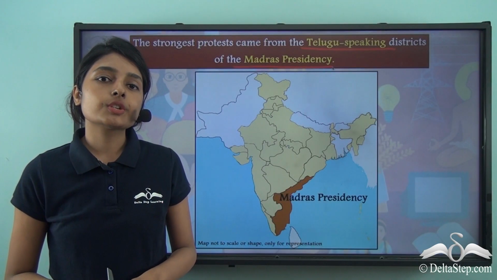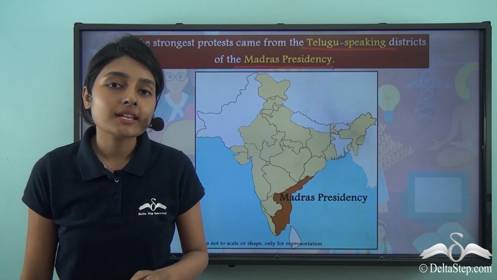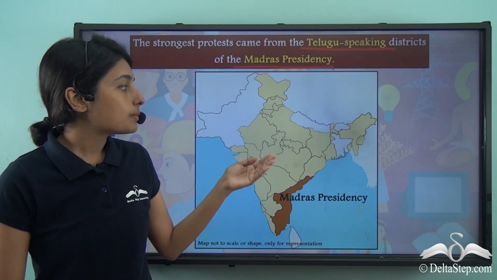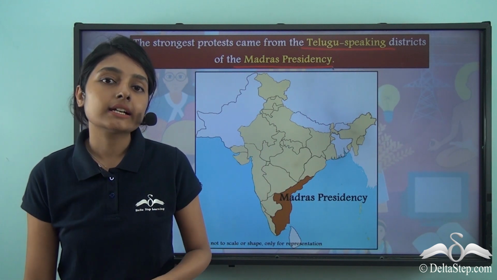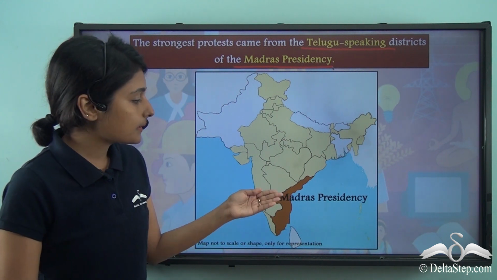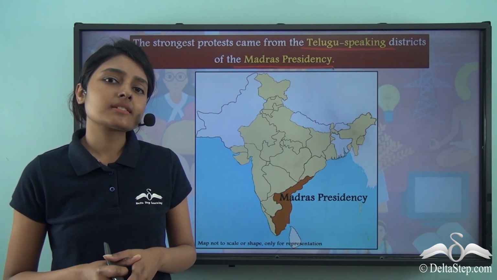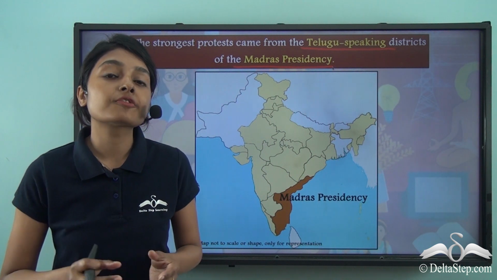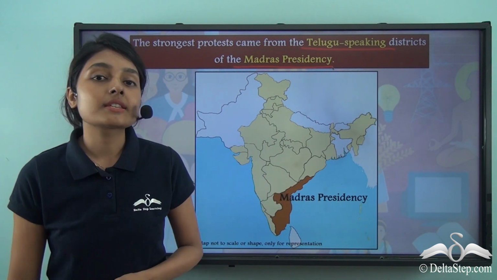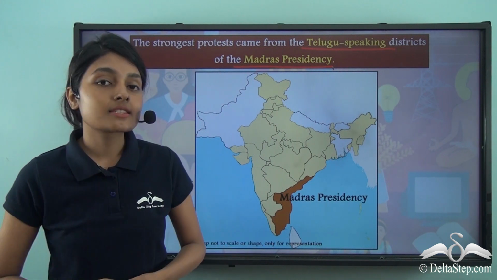Now allow me to explain this to you so that this becomes clear, as in why were these Telugu speaking people protesting in the Madras Presidency. The Madras Presidency was directly under British rule when the colonizers were here in the subcontinent. And after India attained its independence, the Madras Presidency was initially left intact. This Madras Presidency was divided between two groups of people who spoke different languages. In the northern parts of the Madras Presidency, people spoke the Telugu language, and in the southern parts, people spoke the Tamil language.